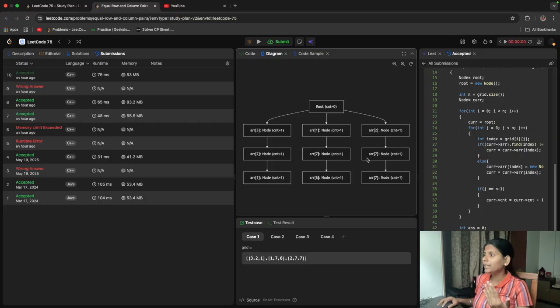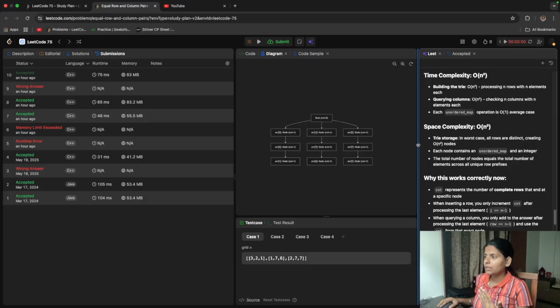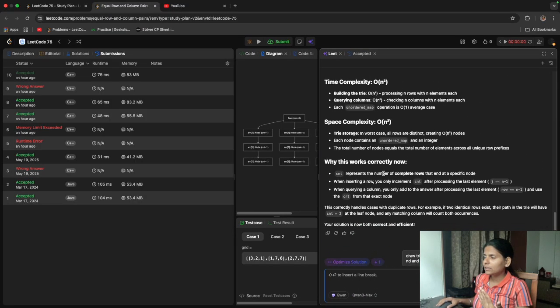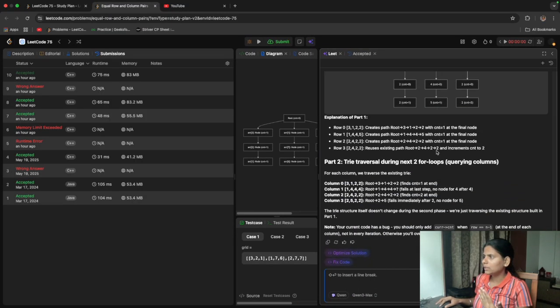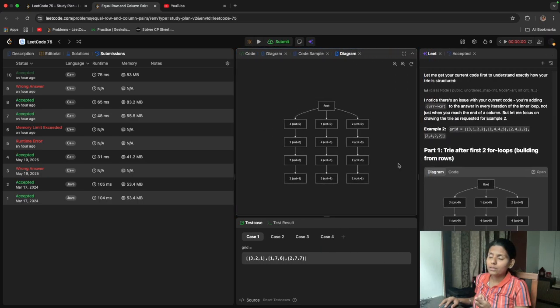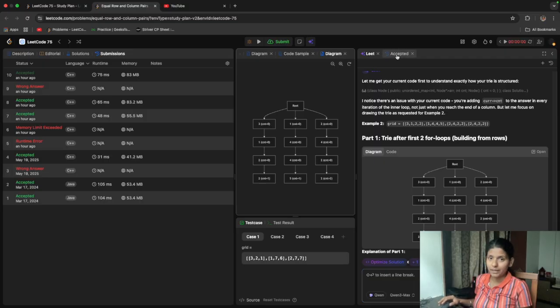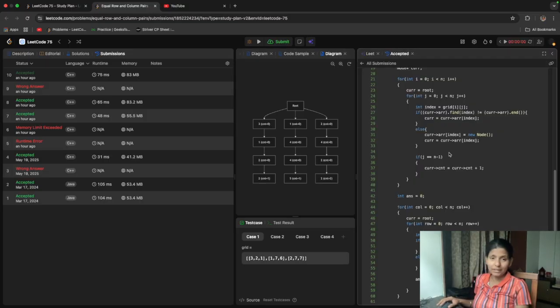But then I came up with a solution, here, if you can see, I'm not increasing count at every node. I just increase the count at the last. So that was my intuition, and that was my optimization.